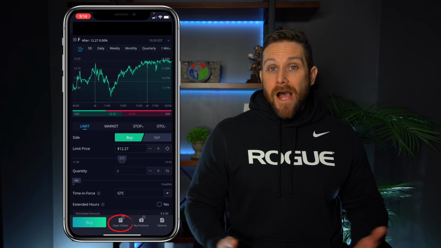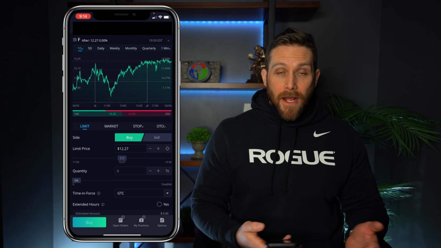Boom, and you see it drop down there into the open orders. So right now, this trade is out there, and Webull's going to start looking to try to purchase that one share for you once the stock market opens the next business day at 9:30 a.m. Eastern Standard Time. Now I'm going to hit back so I can show you how to cancel it